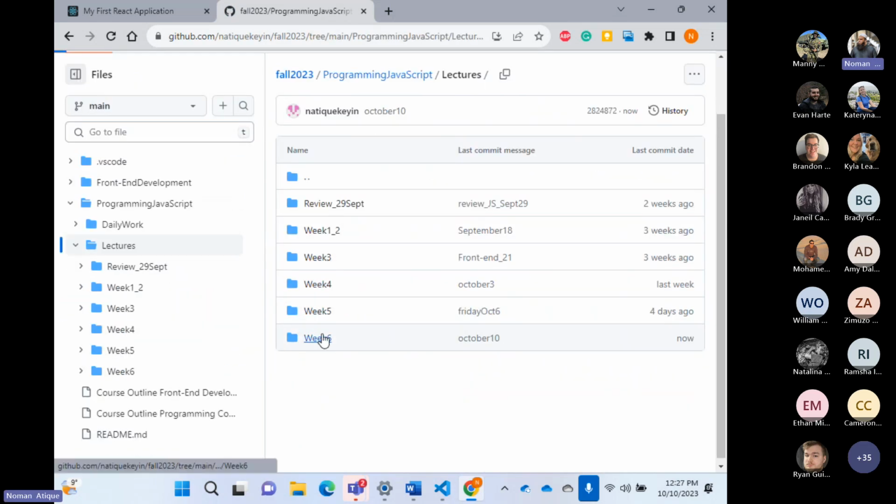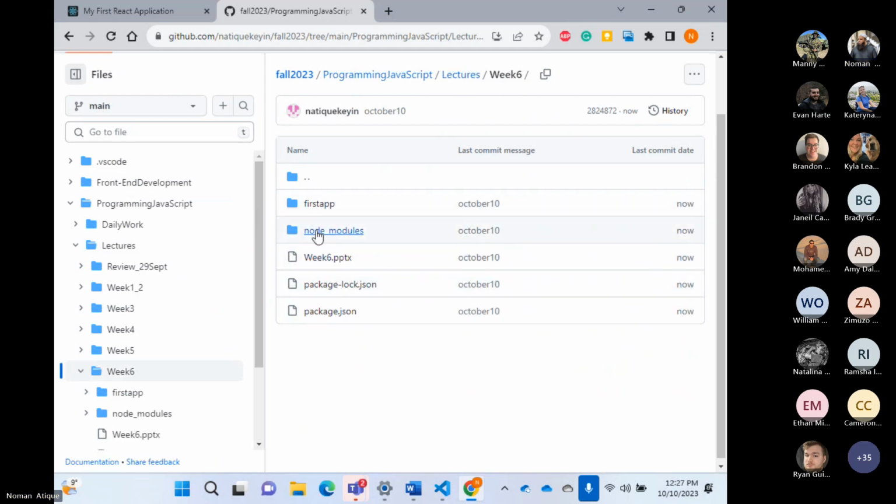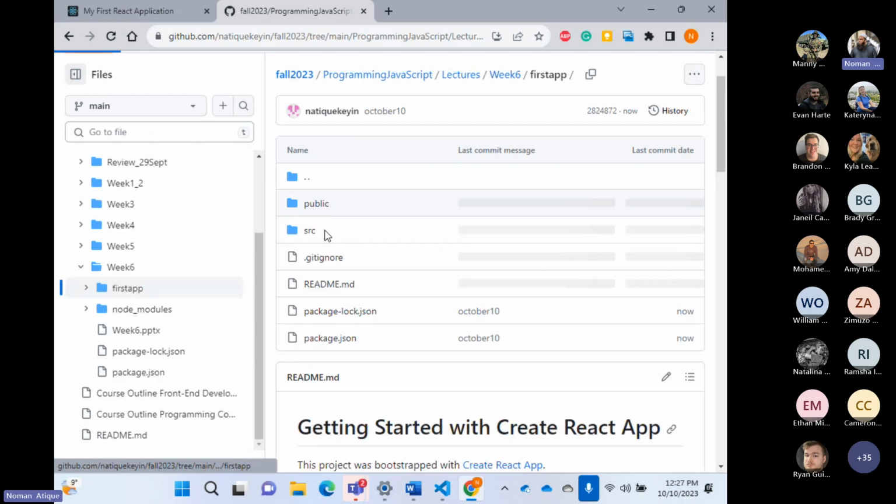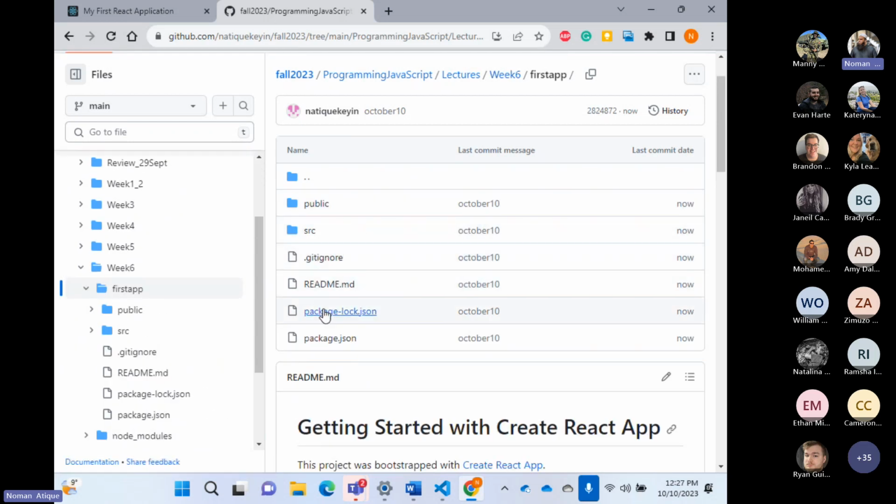Lectures, week 6. And if I show you, this module is there, and I'll tell you why it is there. But look at the first application. You see there is no node modules folder. The module that I installed over there is what is showing up. But now see, there is no node modules over here. The first app does not have a node modules folder inside it.